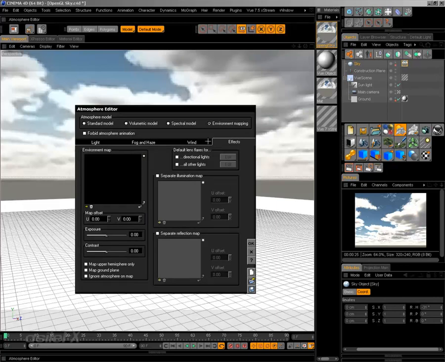And under the effects tab, when using environment mapping, you can load in the image you want to use to show up as a background, and then also set up an illumination map, so what's going to be lighting if you want to separate those, and then also a reflection map if you want to have separate reflections. So we can just load in that image,